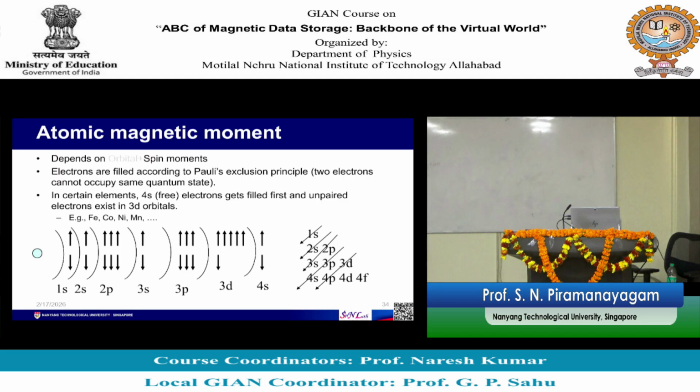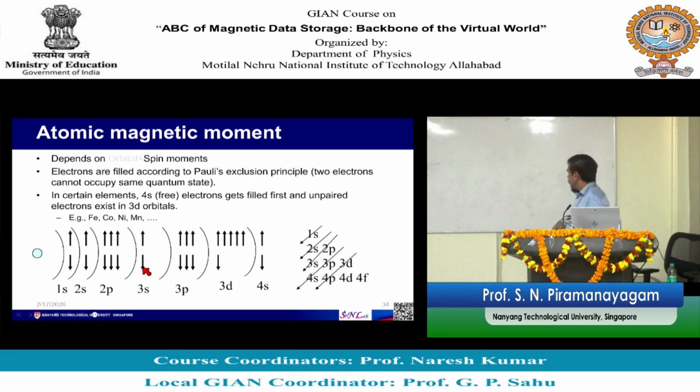So, in all the other shells, 1s, 2s all the way to 4s, you can see that there is a compensated spin. So, you can imagine that the magnetic field produced by this spin will be cancelled by this spin. Okay. However, if you look at the 3d shells, there are 5 up spins and 1 down spin, okay, which means